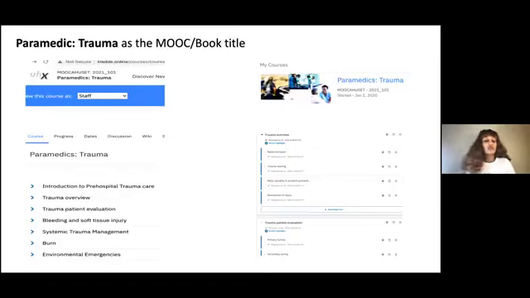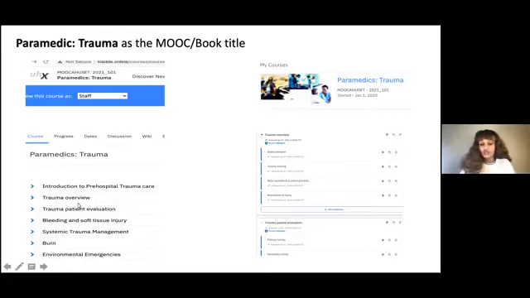So through our second phase, I told you that we are preparing digital course materials, and we start to work on trauma post-hospital care as a book title or a MOOC topic. This trauma post-hospital care will be used for the paramedic program. So we start to produce the courses on an Open edX setting. We prepare this wireframe content to see the course structure. So for the post-hospital trauma care, those courses are well included.